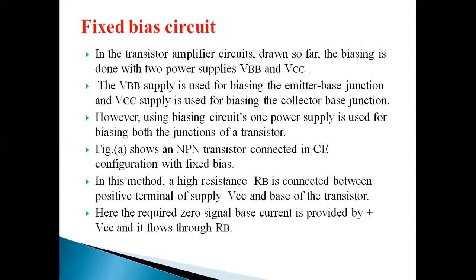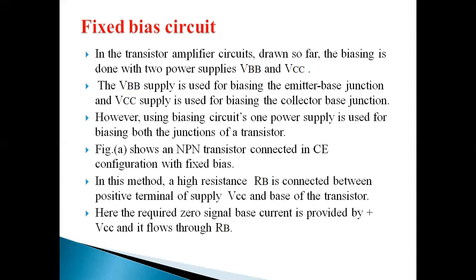Here in this topic, we need to learn three methods. First, the types of biasing circuits. There are three types: fixed bias or base resistor bias, and second, collector to base bias or biasing with collector feedback resistor. And last, potential divider bias or self bias, which we can also call voltage divider bias or universal bias. So first, let us see the fixed bias circuit.